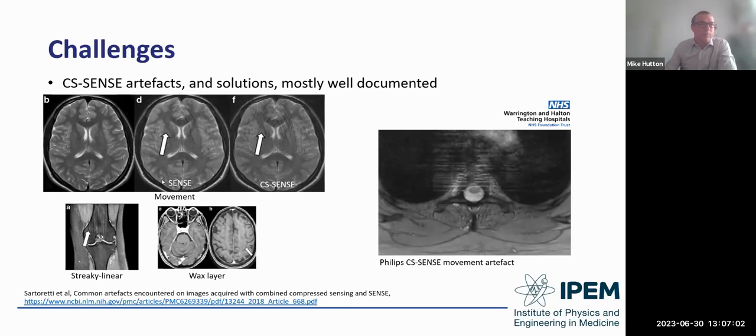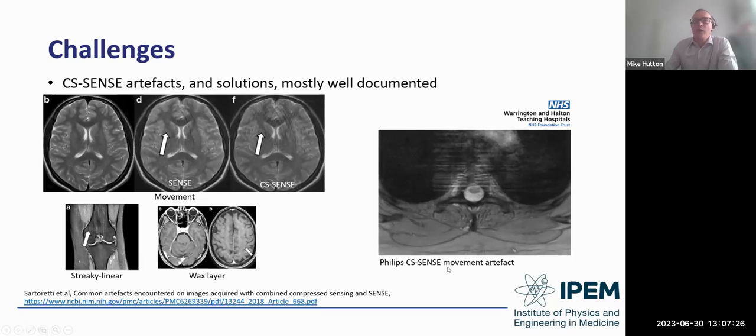There are also well documented artifacts such as streaky linear and wax layer that can affect specific 3D sequences. We haven't seen these in the work that we've done. I'd be interested to know if anyone else has seen these sorts of artifacts in their clinical imaging. What we have seen though are artifacts relating to CS SENSE and movement, and this is an example on the